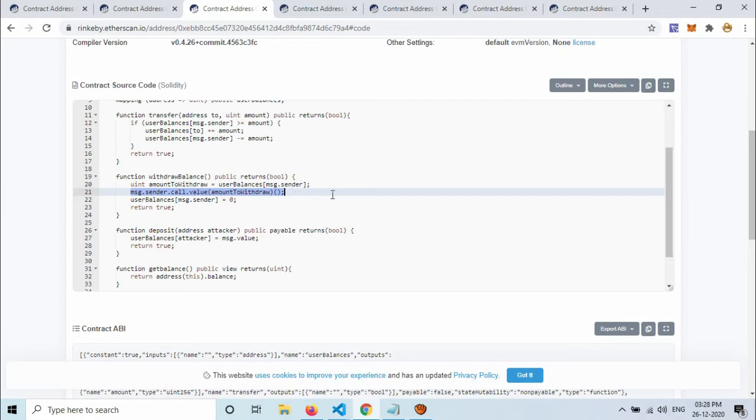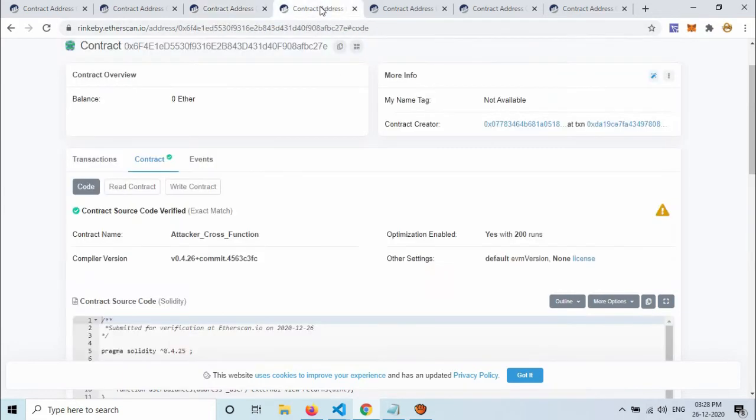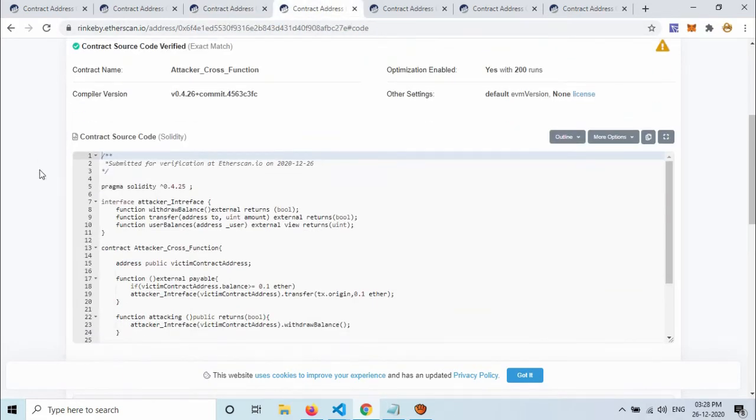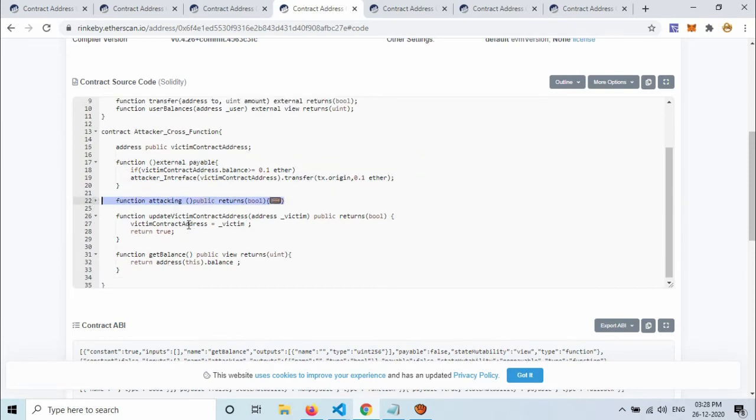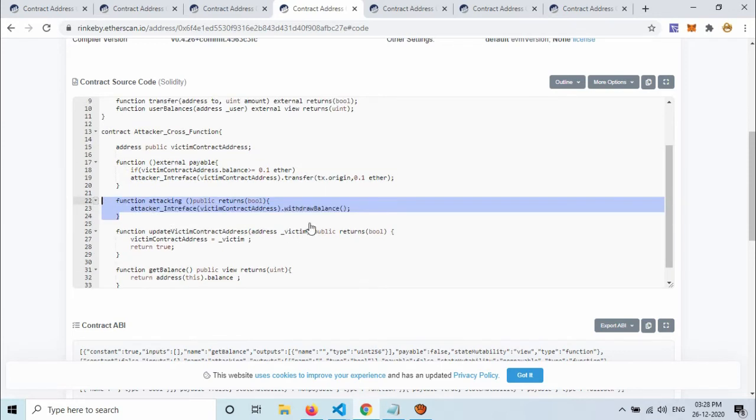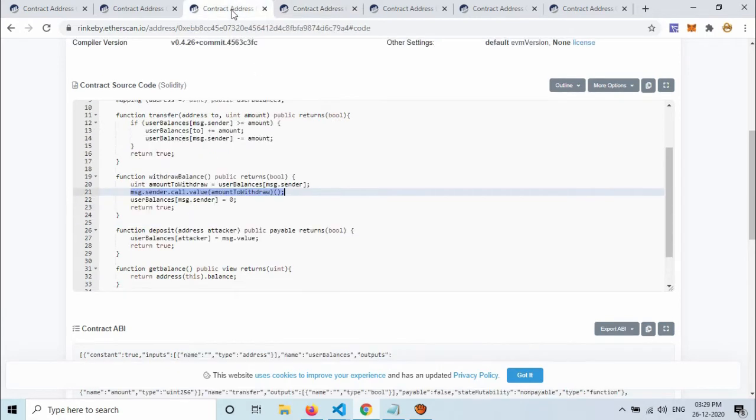When this function sends ether to the attacker address, this is the attacking contract. When this contract receives ether, its fallback function will trigger. This is the fallback function. And the attack initiator function is this one. This function is calling withdraw balance of the victim contract.